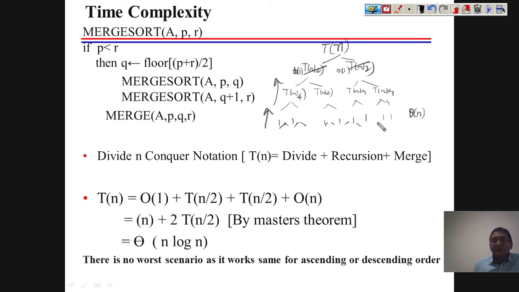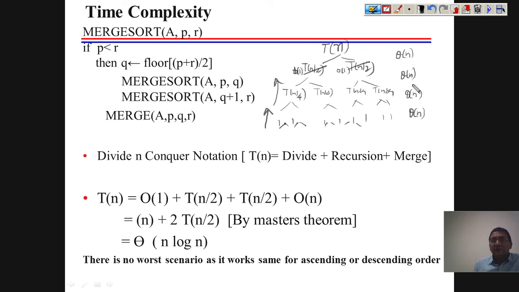The cost of the merge process is theta of n. So here you apply theta of n. Again when you reach the next level, again you will apply the merge procedure, which will cost theta of n. Every level you apply the merge procedure to get it combined in sorted order, and you are putting theta of n cost.